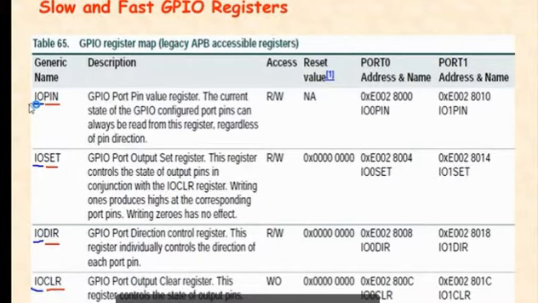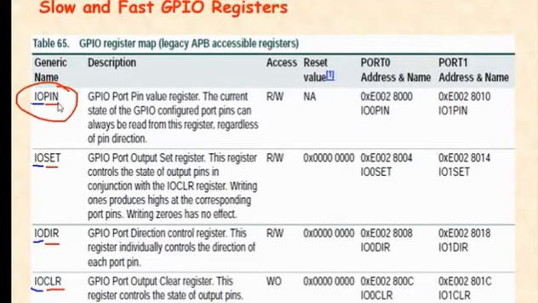Now IOPIN is the GPIO port pin value register, and whatever the current state of GPIO is, it is read using this register. So if you want to read the pin status, you have to use this only. Whatever the pin status is, whether it is 0 or 1, or the sensor is sensing or not.